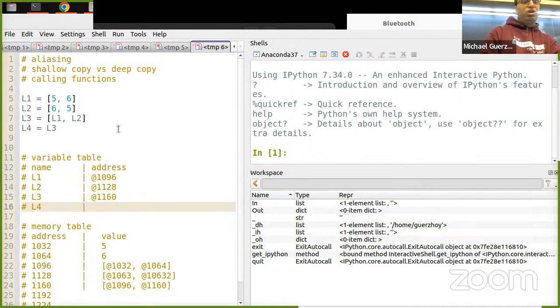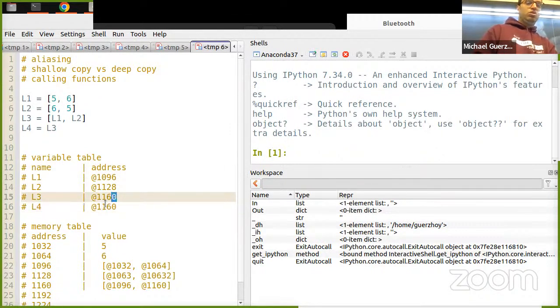When you say L4 equals L3, what's on the left-hand side is just a variable. So you just copy whatever this is to here. The rule is if on the left-hand side it's not an element of a list, you don't go into the memory table. It's just a manipulation on the variable table.